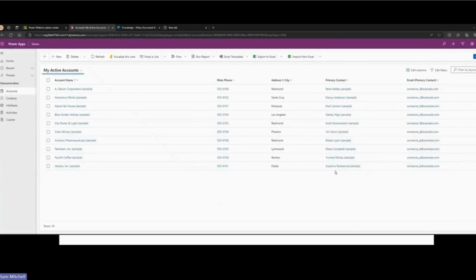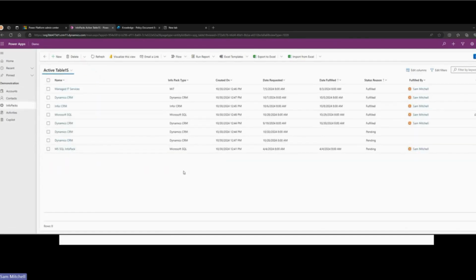It won't take long. I've created a very quick mock-up environment, my demo environment. You can see here we've just got some basic entities on the left-hand side: accounts, contacts, info packs, which is a custom entity, activities, and Copilot. If I go over into info packs, just to give you a bit of spiel on what an info pack might be, an info pack may have been requested by a customer to garner more information on a product that